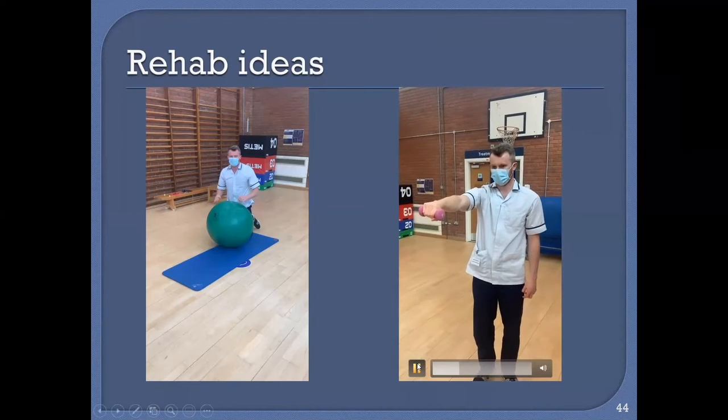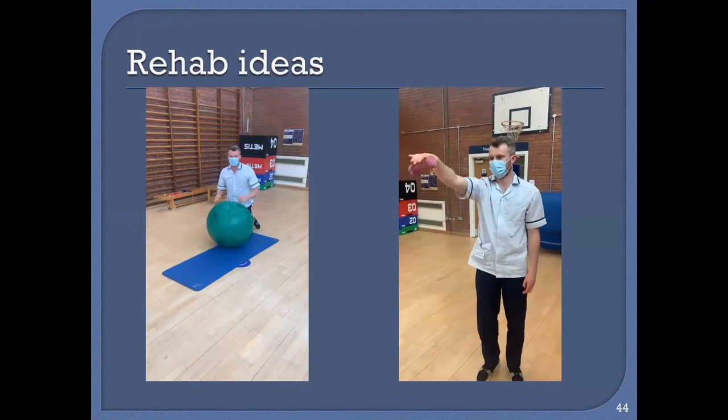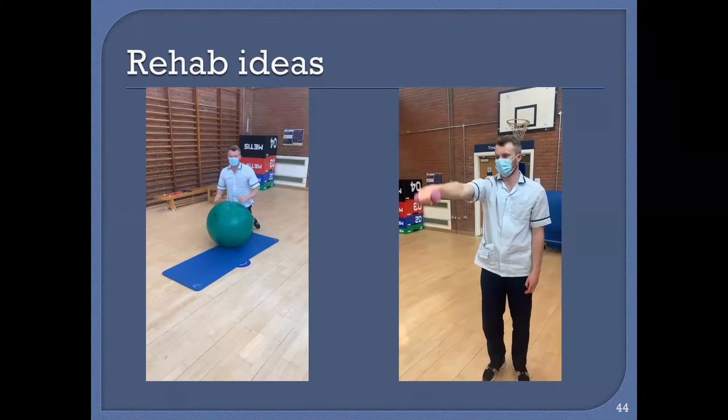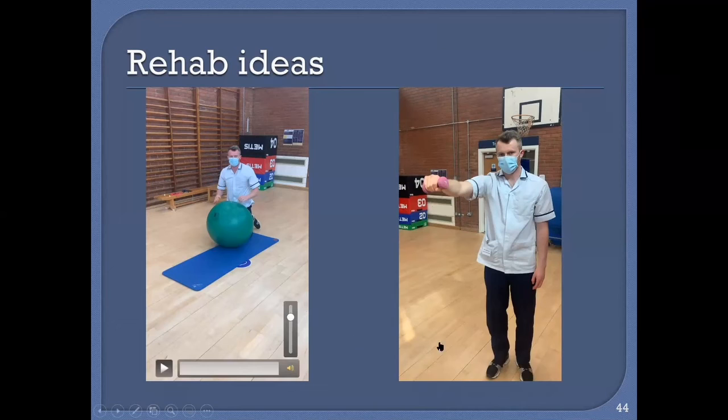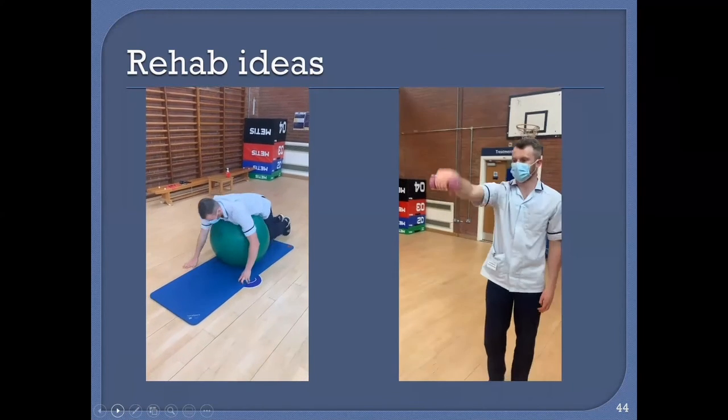Essentially you get them to drop and catch a 0.5 kilogram to 1 kilogram weight, and they have to do it for 100 repetitions. Once they can do that, they stand on one leg and do it, and then they do it with eyes closed, and then you can progress them up. But it's getting them to think about something other than their shoulder. It's proprioceptively rich. It's getting them to think about joint position sense. And then